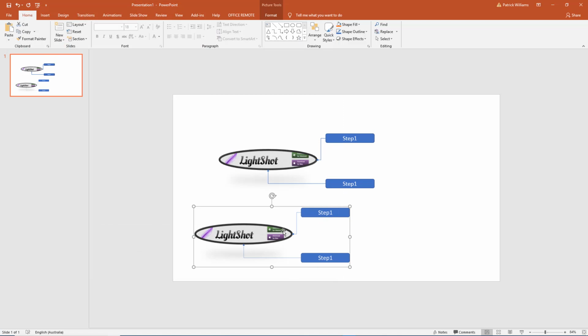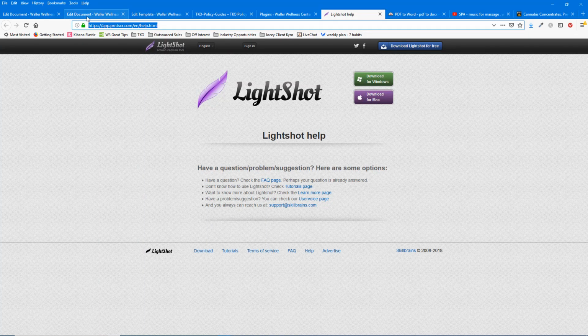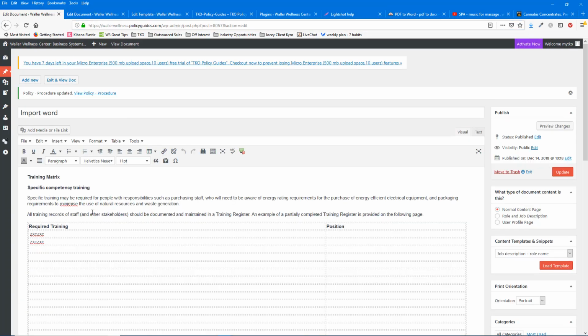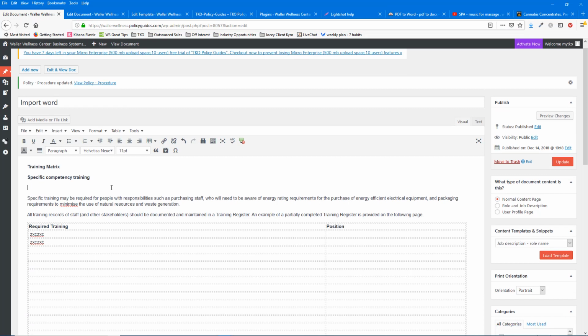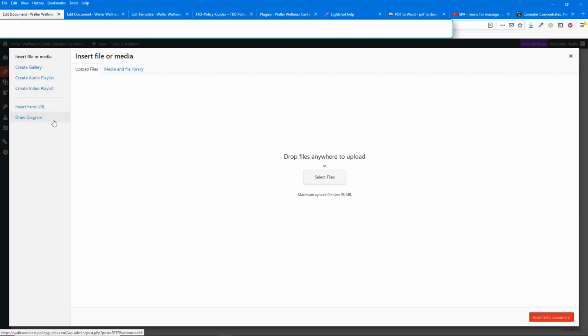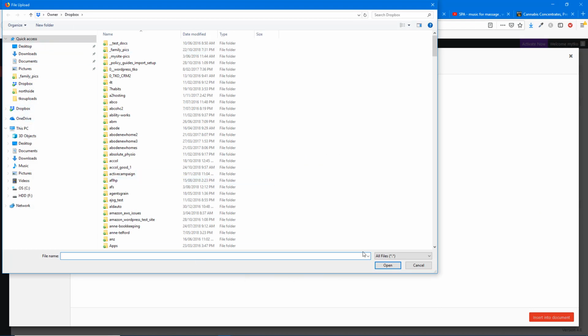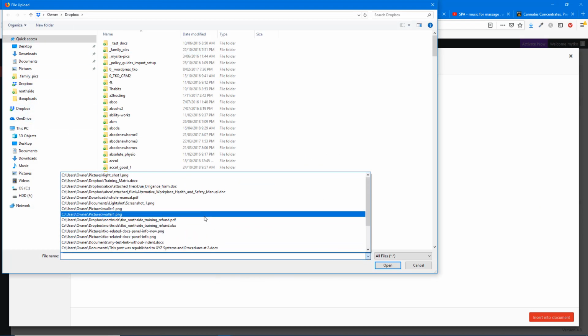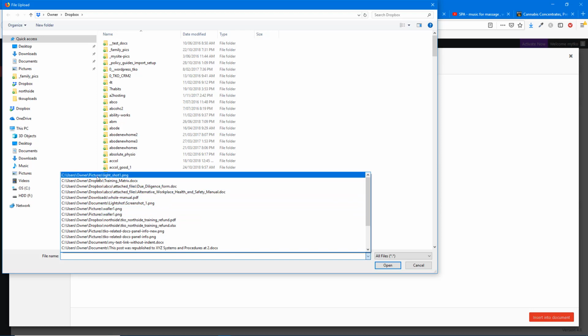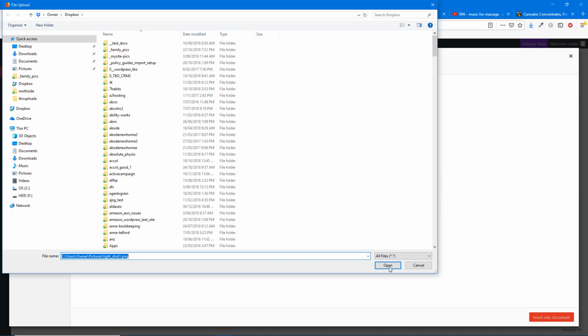So there's our image. We've created an image, we've saved it to file, and then we go to the website. So you go to a website and you just click in a space, and you find a spot to put your image, and then you just go add media, then you go upload image and select a file, and because you just saved that image from Lightshot it should be there, and there it is. So you can just click on that, save, and then open,